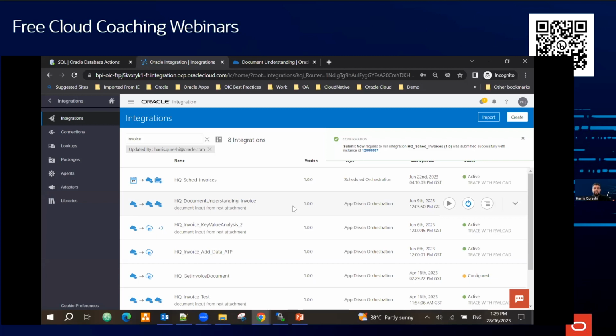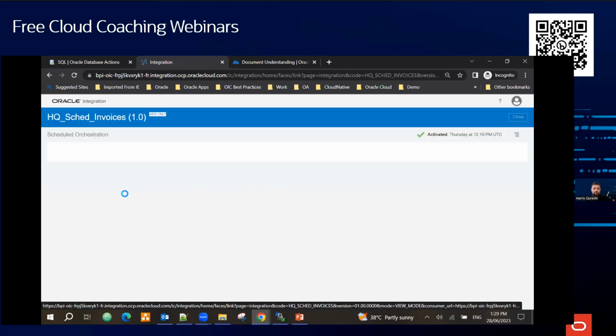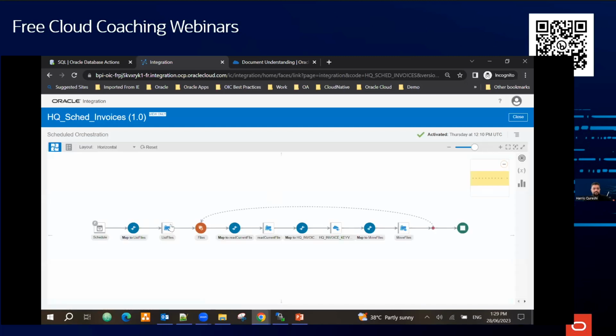What the first integration is doing is it's basically picking up the files, as you noticed in my SFTP server, and it takes these files one by one. So it's basically going to do a list file. So here it opens. Yeah. So what it's doing, it's running a schedule. I just submitted it now. It goes to the FTP, lists the files, and then one by one, it is calling one of my child